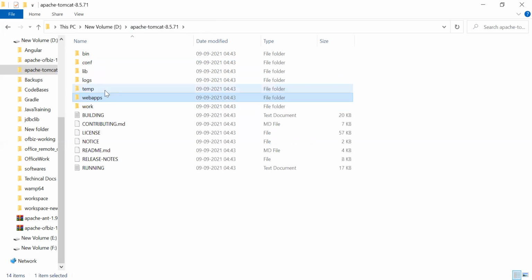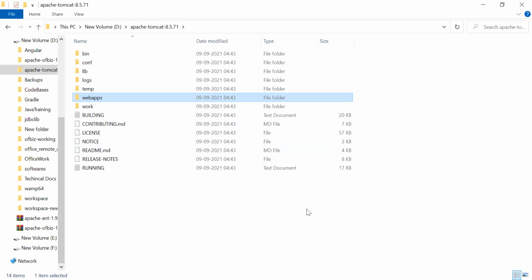Actually, if you are directly deploying your web apps inside Tomcat, we deploy at webapps. We have to keep our directory or WAR file in webapps. But here we are using it directly. So there are two ways you can deploy your application if you want to use the web container.